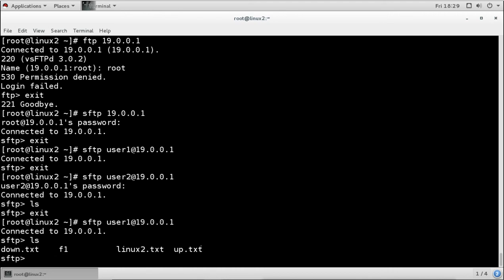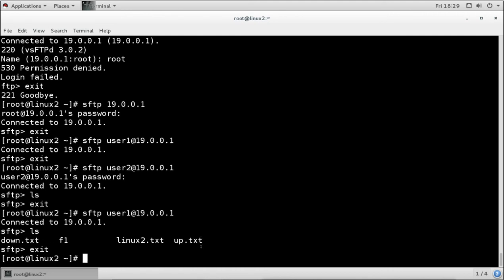So this is the FTP server we configured on our Linux system. We configured the FTP server, we tested the connection from the client, and we also used the secure connection by using SFTP. We modified some settings, we saw the default settings, and we also modified some required settings. So this is our FTP server in our RHEL Linux.